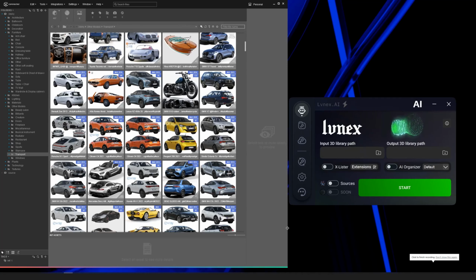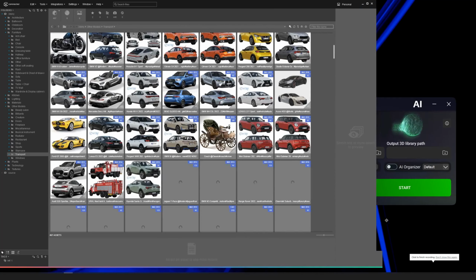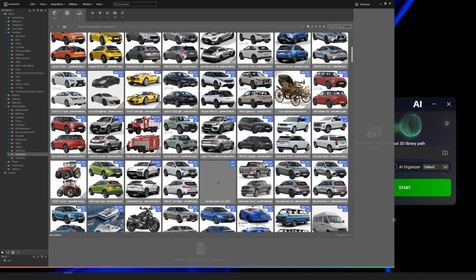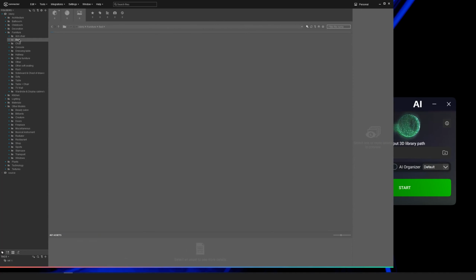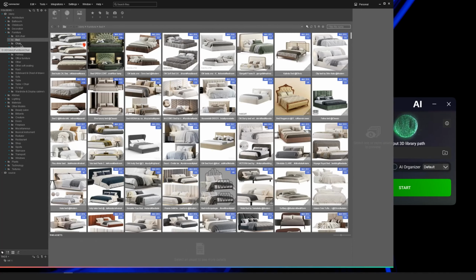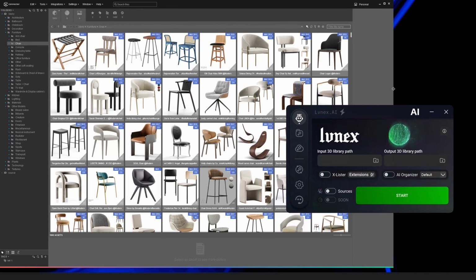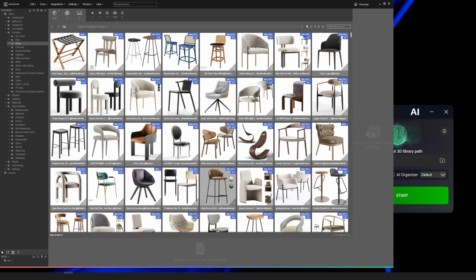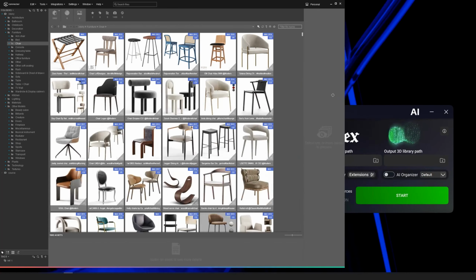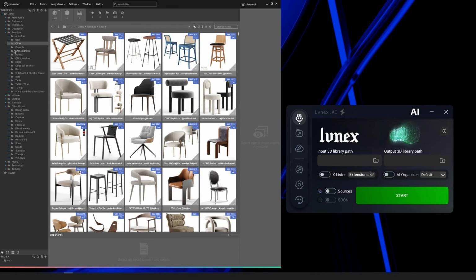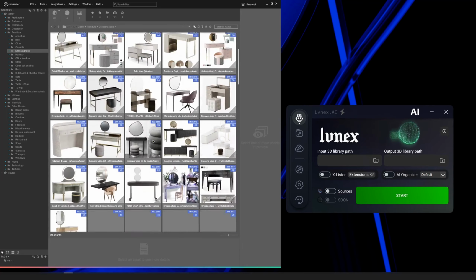Hey everyone, today I'm going to introduce you to a revolutionary new software that will change the way you manage your 3D assets. This software is a game changer, designed to help you organize and categorize your 3D models. It uses advanced AI algorithms to automatically analyze and sort your assets, making it simple to find what you need